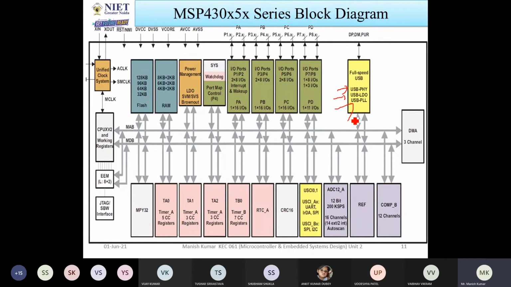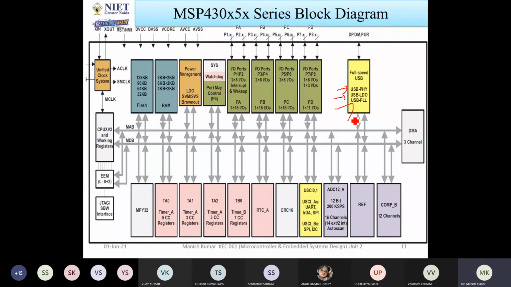So there are different modes. USB PHY is called USB physical interface. If you want to interface any physical devices, then you can connect with that. USB LDO, low dropout, you can use when you are in low power modes. USB PLL is phase locked loop.